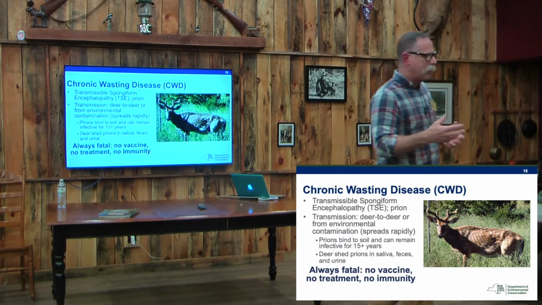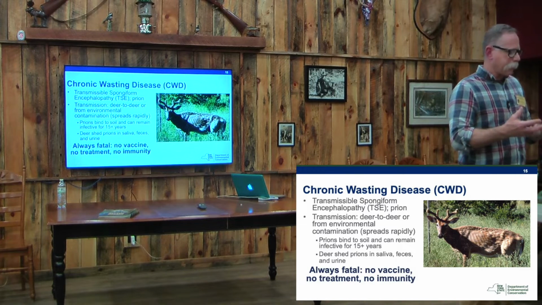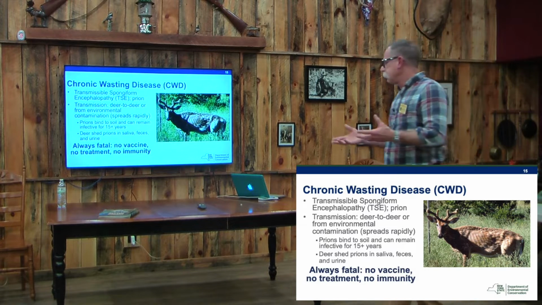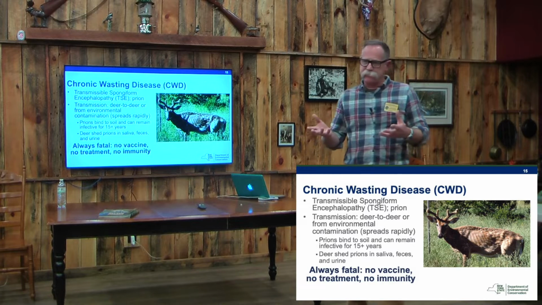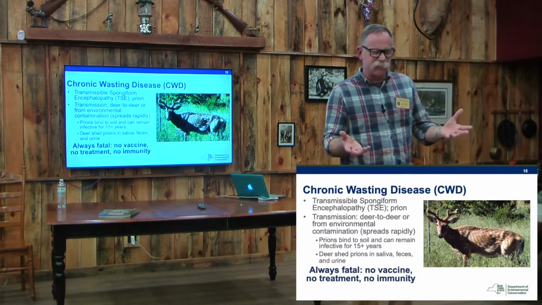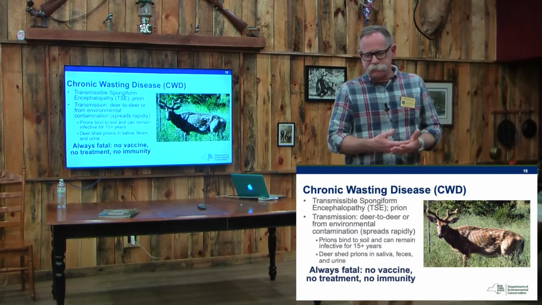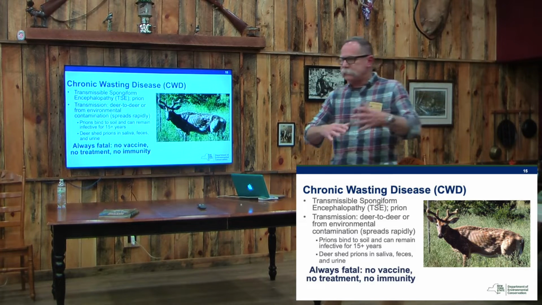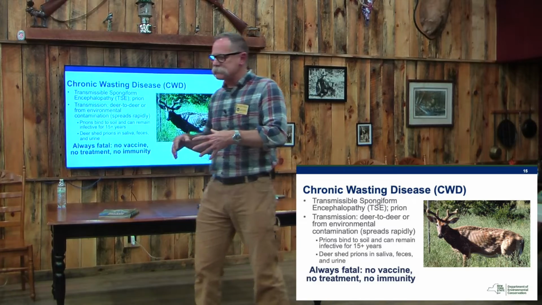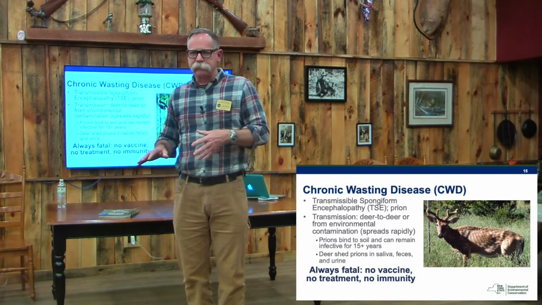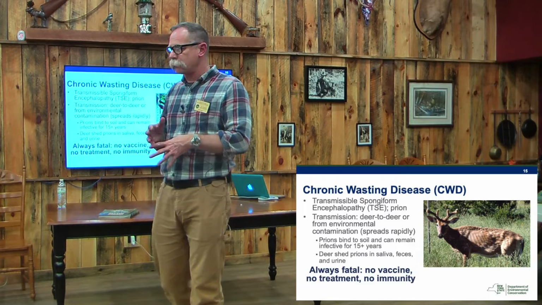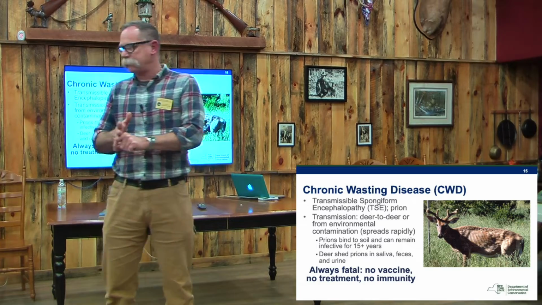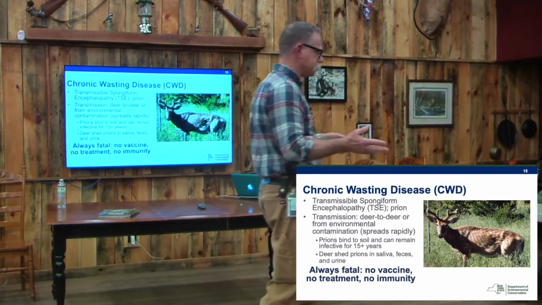To give you an idea of how stable these are in the environment and in the materials that we're looking at: when I'm looking at a deer that I think has chronic wasting disease, and we've dealt with some CWD-positive material, in order to disinfect the table and inactivate any prions that might be there, after I clean off all the gross filth and get it in the garbage can, we have to soak the tabletop in 2 normal sodium hydroxide, which is a very strong base, or a 50% bleach solution, with an hour contact time. We have to let it sit on there for an hour to inactivate these prions.